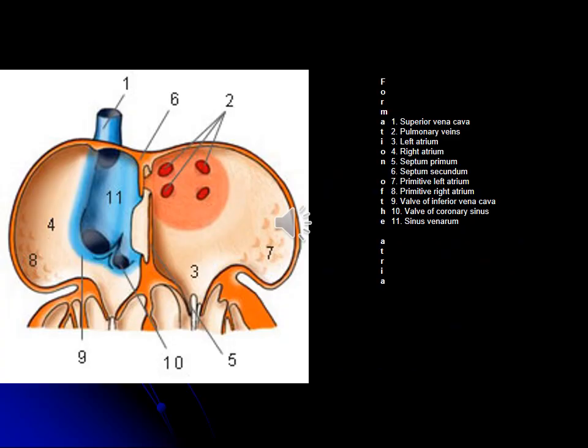This is a coronal section to show the two halves of the primitive atrium and the various septa which are formed there. This is the septum primum, which has fused with the AV cushions, and there is a formation of septum secundum as well, and the communication is called foramen ovale, which will become fossa ovalis, and the edge is called limbus fossa ovalis.